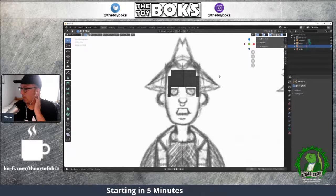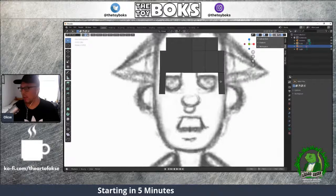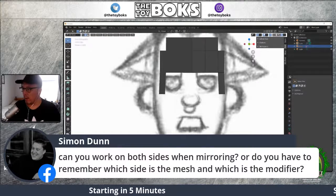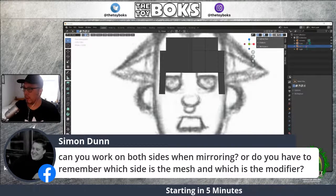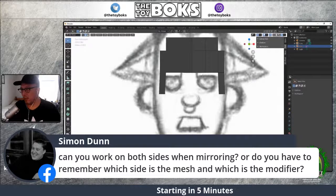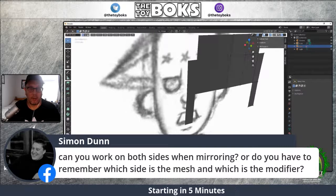Can you work on both sides when mirroring? No. So Si's just asked a very good question there: can you work on both sides when mirroring, or do you have to remember which side is the mesh and which side is the modifier? I'll show you. So what we do, Si, is this one with the wire mesh. That's the one that I'm working on. But if I go over to this side,